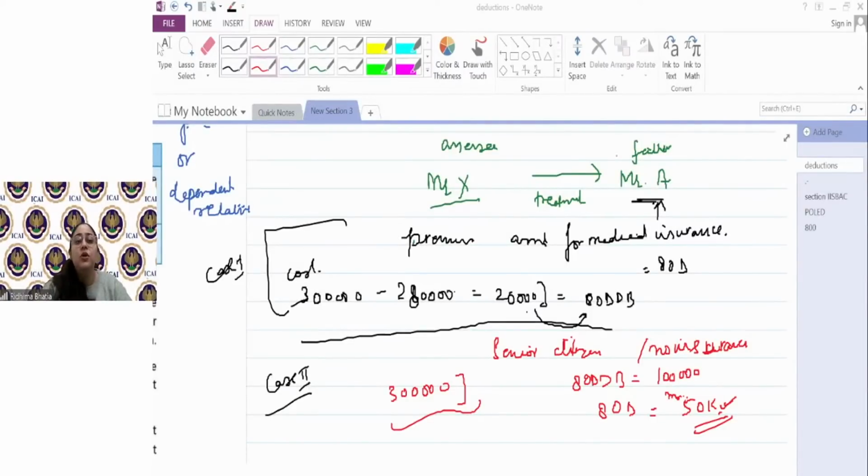impairment issue है कुछ. It can be hearing problem, it can be multiple disability, it can be cerebral palsy, it can be your development disorders, blood related disorders, autism; these are all disability. So उनको take care करने के लिए person is needed 24/7. That type of maintenance if a person is doing, that comes under 80DD, whereas 80DDB